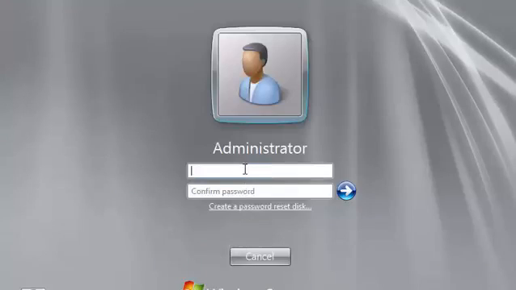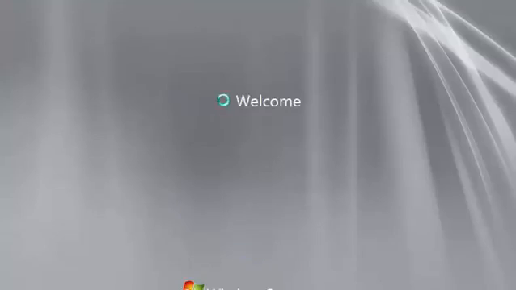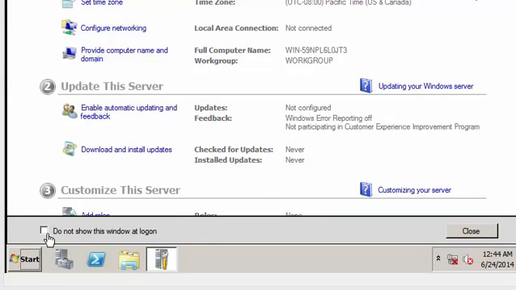So we'll put in a password, anything, it doesn't matter what it is. Okay. Yep. Password's changed. So now it's just preparing to install everything. First thing you want to do is